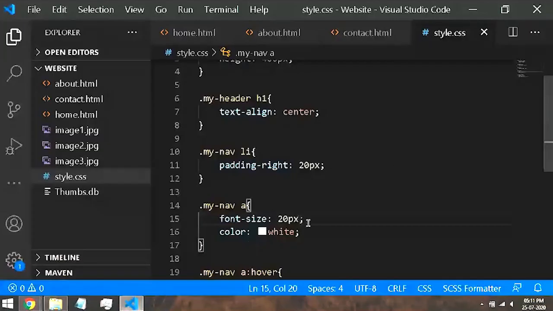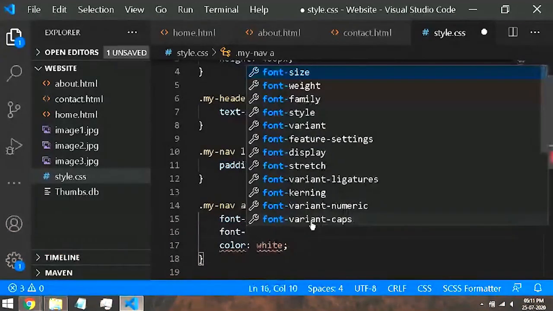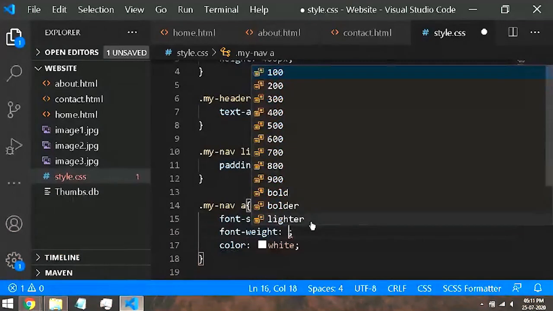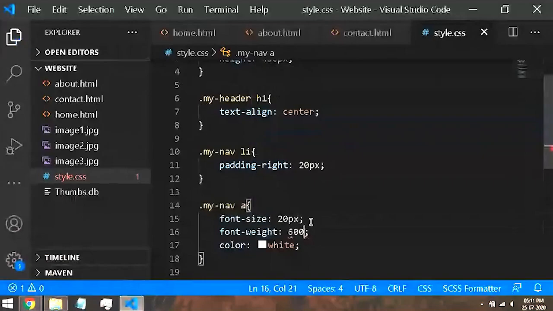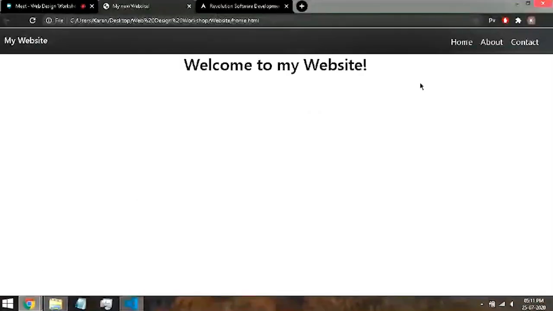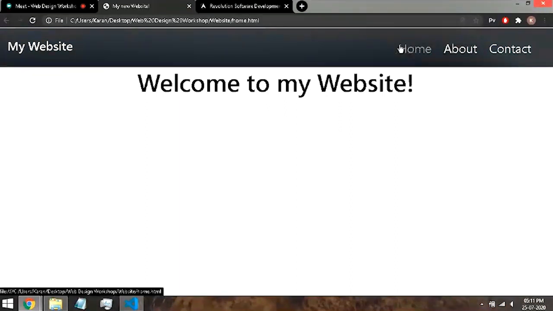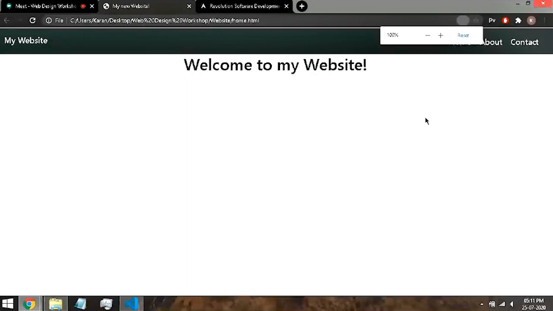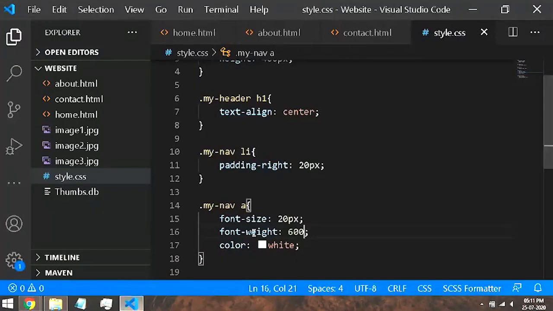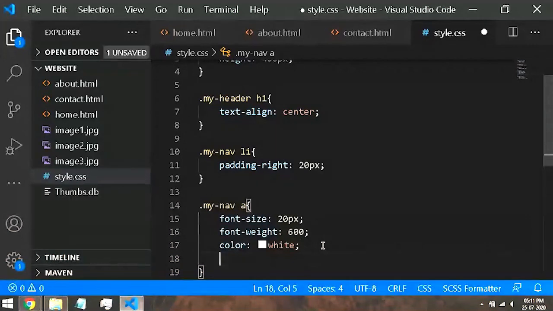We can also increase the font weight of this. So font-weight, now I want this to be 600. I'll show you what font weight does. Now, make sure that you are paying attention to this. As you can see, the thickness of each letter is not that much. Now, if I refresh, the thickness has increased. It is looking a bit better now. Also, we can change the spacing between each letter.